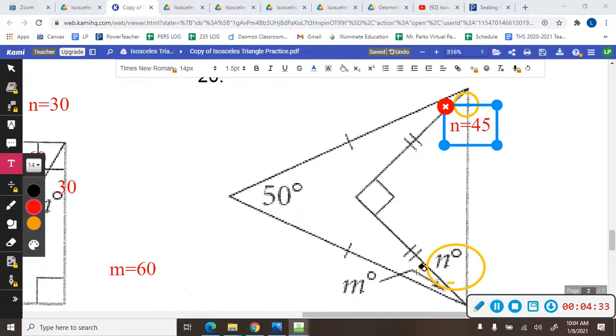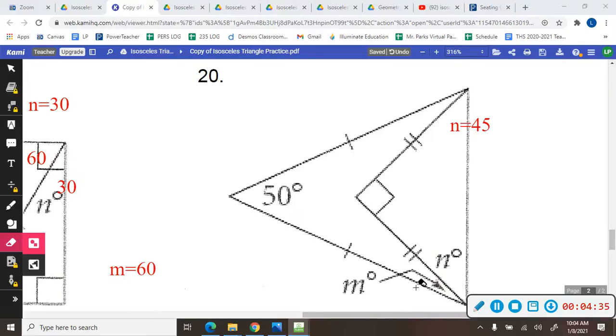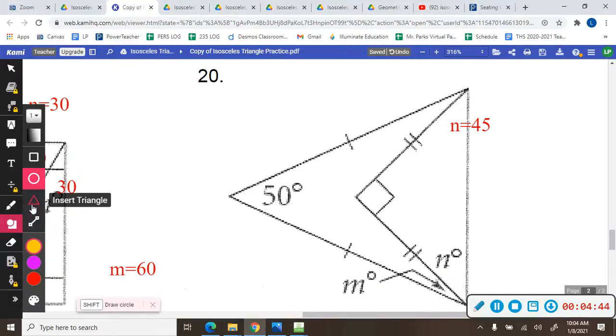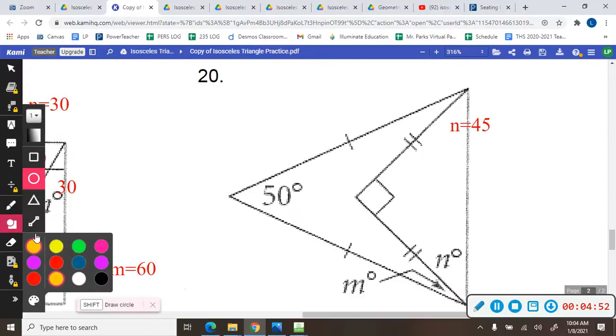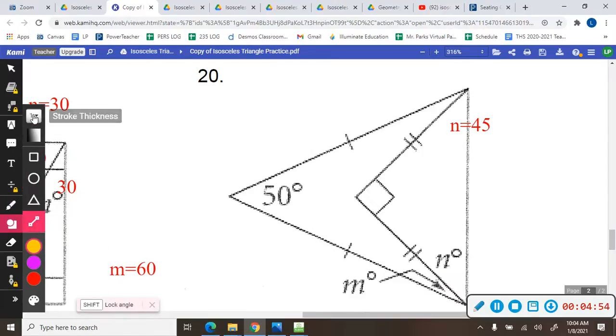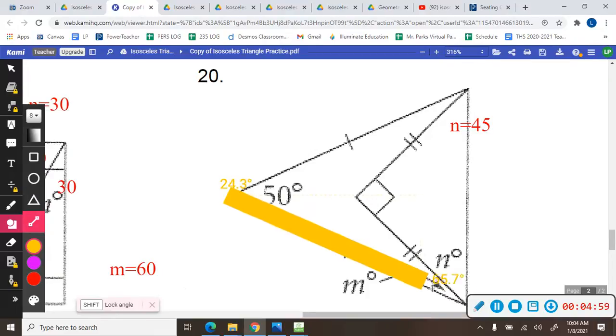Alright, from here I need to find, I know n is 45, I need to find m, and I see that we have this larger triangle right here. I guess I could show you what I'm talking about here. So this triangle right here, from here to here,